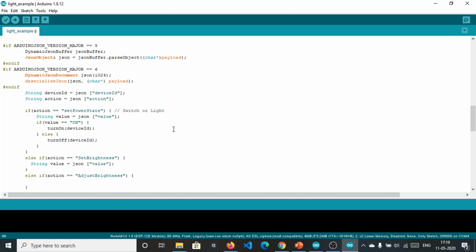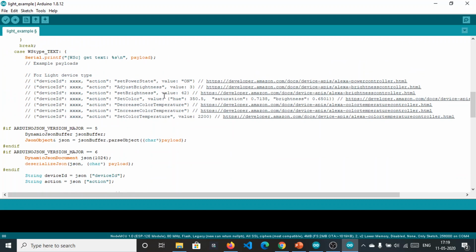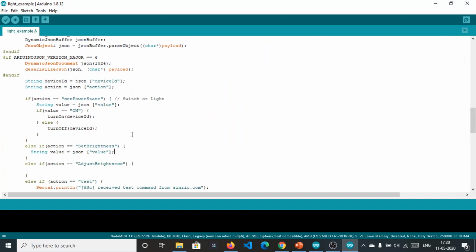For set brightness, the value is 42. That means this is the brightness which we want to set. So we have this value, and now we need to set this value in the analogWrite function,